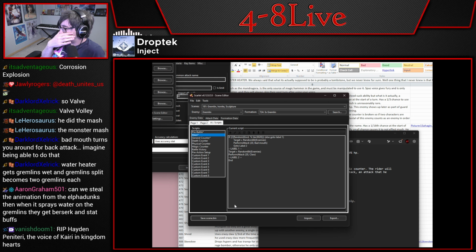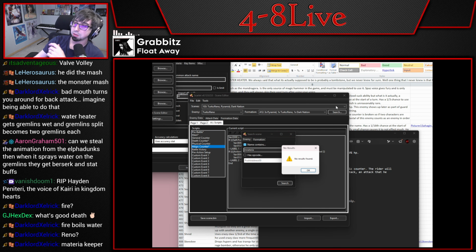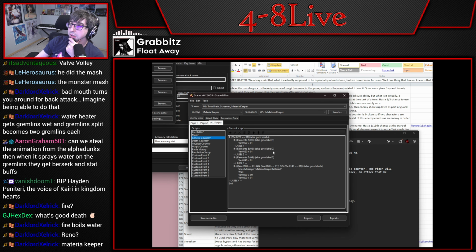Maybe if I did a magic counter that looked for a specific attack, would that work? It'd be the same issue we have with the hungry, where he's not going to grow till he gets hit again after the leak. How can we make this work? Materia Keeper, you're right. That was the one. Okay, so